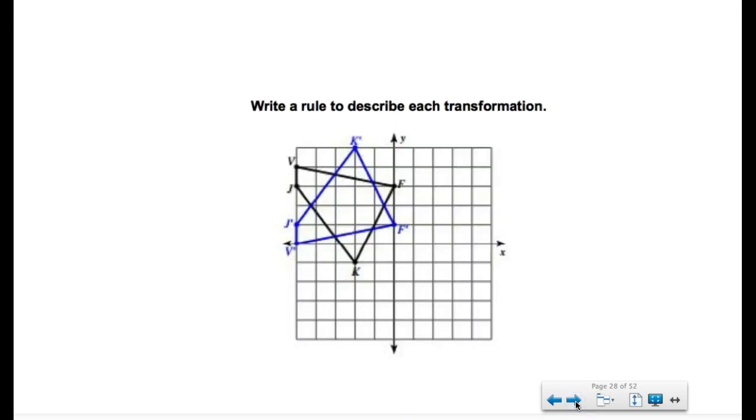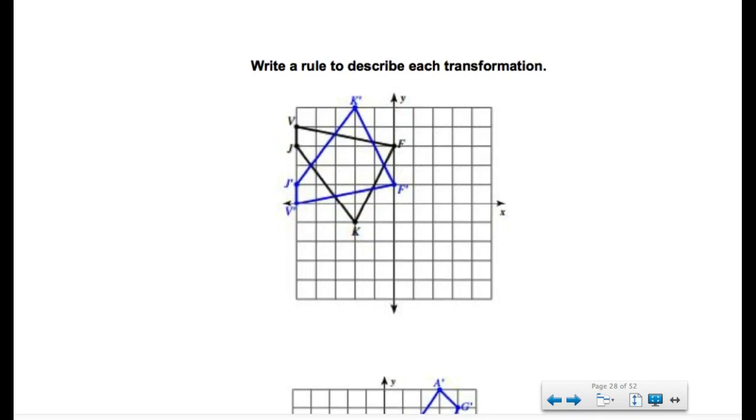So we're going to move on to the next page where we're going to write a rule. These look like, how am I supposed to figure it out? It's really easy. Here's what you're going to do. You're going to grab one image point, that would actually be a pre-image, and its image. So I'm grabbing F and F prime. I could grab K and K prime, V and V prime, J or J prime, doesn't matter. You just focus your eyes on one pair because there's lots of lines and lots of dots. And then you're going to split the distance between those 2 points, and that will give you the line that